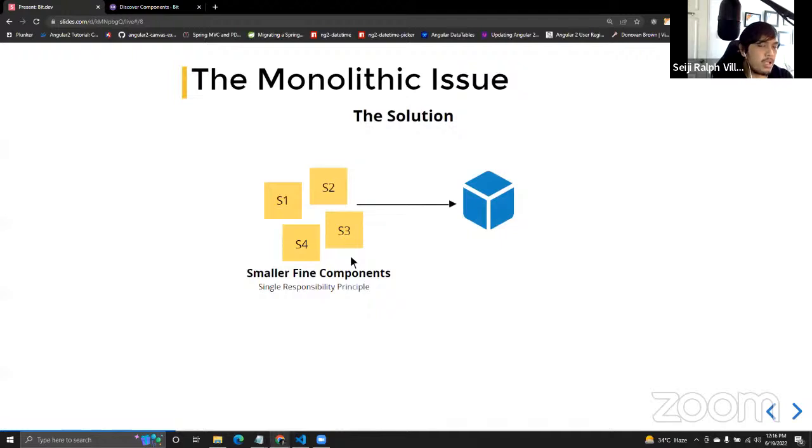Okay. With this monolithic issue that I have explained, what's the solution? Instead of creating your application as a monolithic architecture, why not divide your application into smaller, fine components? It's what you call the single responsibility principle, like a separation of concerns. Instead of baking your code into a single application, why not divide them by their responsibility? For example, we have several services in our backend. Let's divide it into 4 services